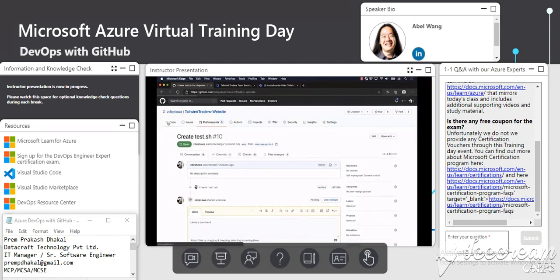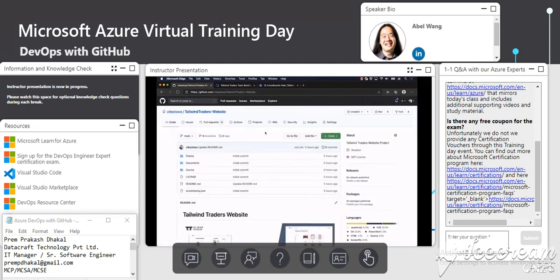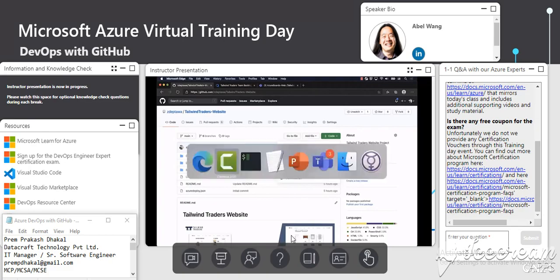All right, let's look at adding and removing code. If we click on the Add File button, here we can create a brand new file or upload new file all directly from the browser. And if we click on this code, this is where we can create a repo locally, right? So